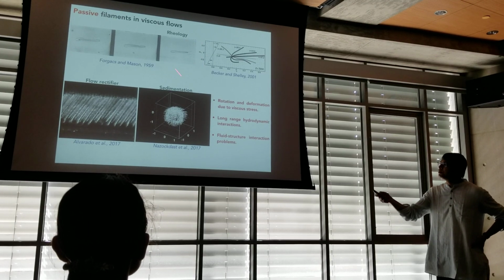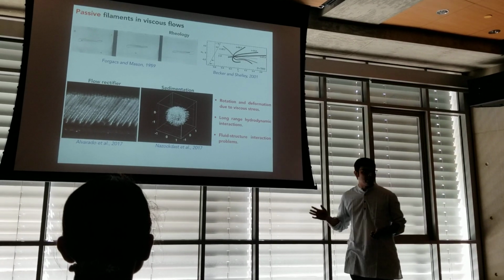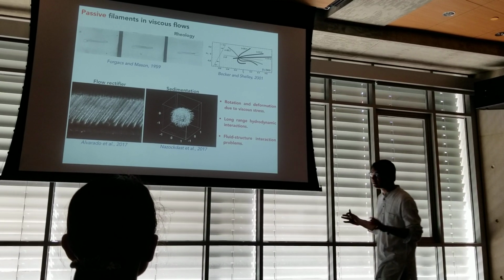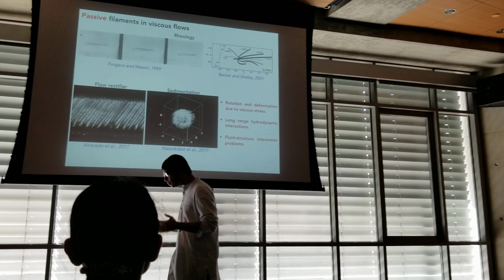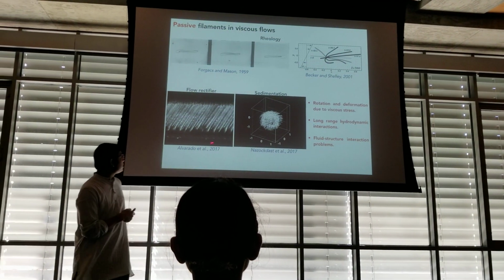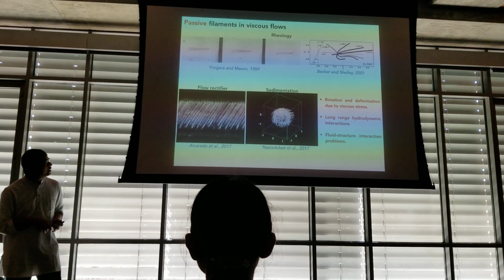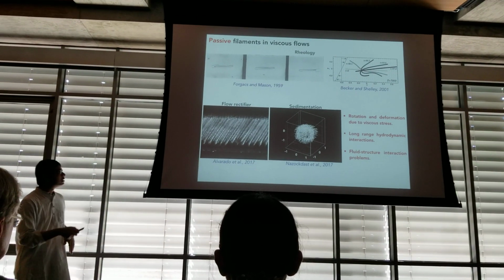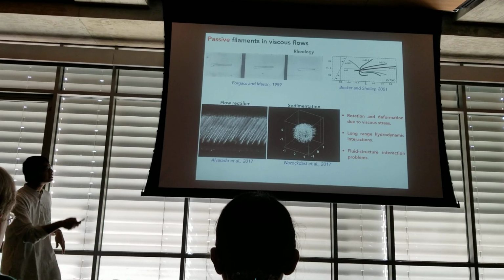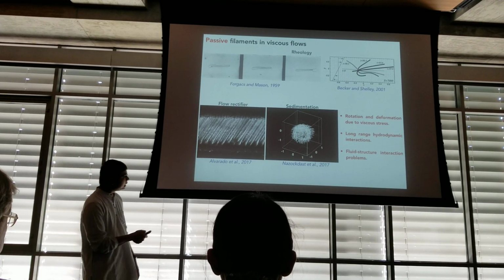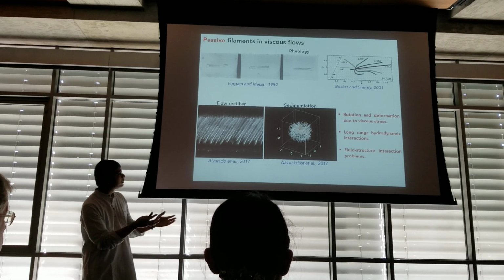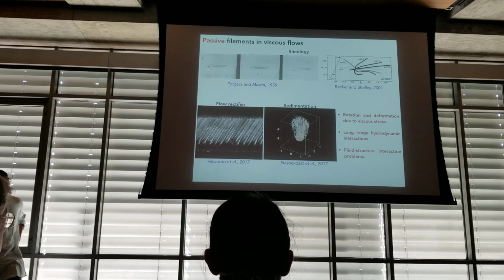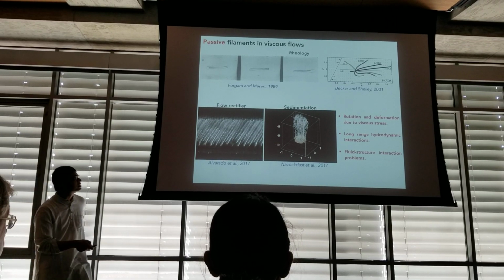So here you see a wood pulp fiber that's particularly important for the paper industry, and it's deforming and buckling in a simple shear flow. And this kind of deformation gives rise to shear thinning or normal stress differences, which results in non-Newtonian rheology. This is an example of a dense bed of fibers, and due to the deformation, they have a differential response depending on which direction the flow is coming from. The particle can bend differentially, and as a result, you can use this setup as a flow rectifier. Over here is a classic Stokes flow problem, where you see a suspension of fibers sedimenting under gravity. And due to a coupling between long-range hydrodynamic interaction and deformation, this results in a cascade of instabilities.